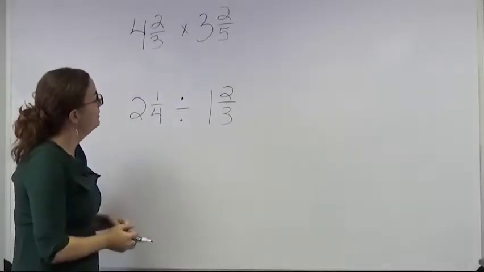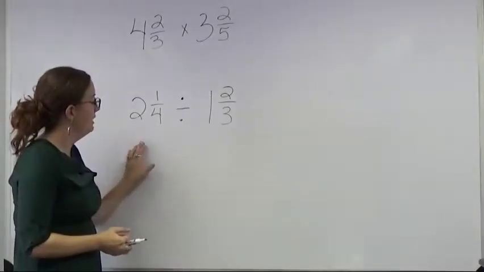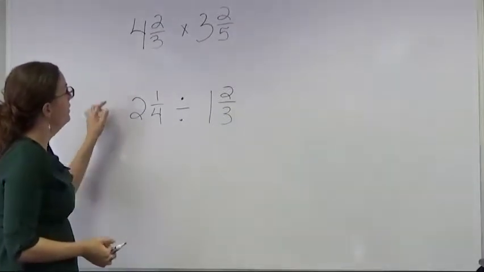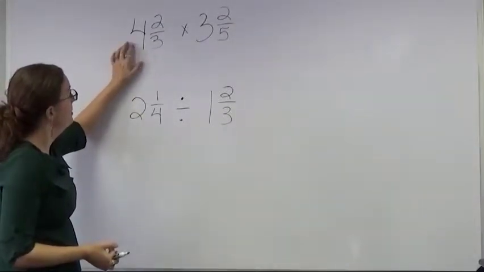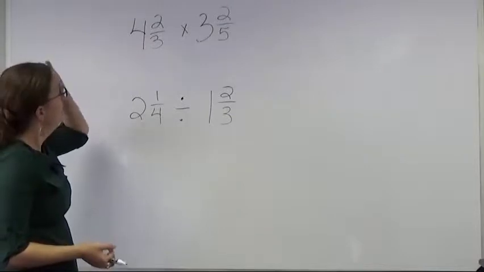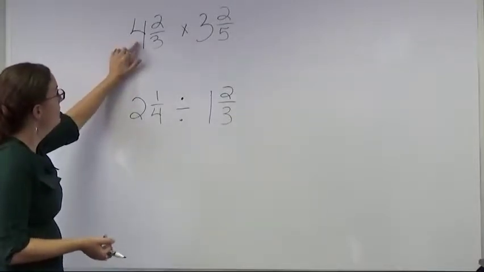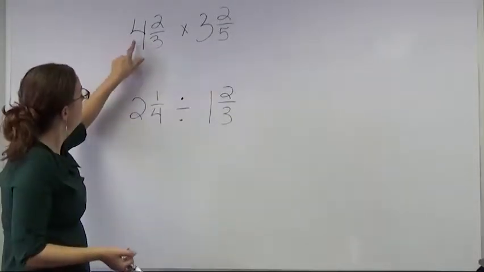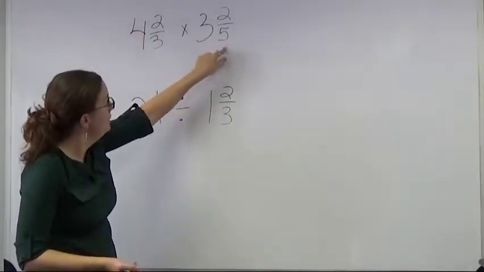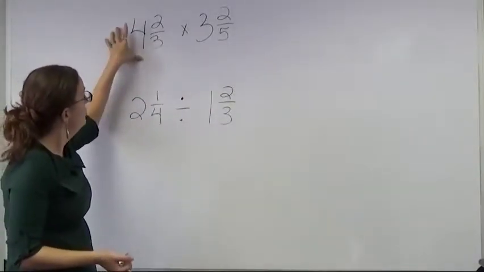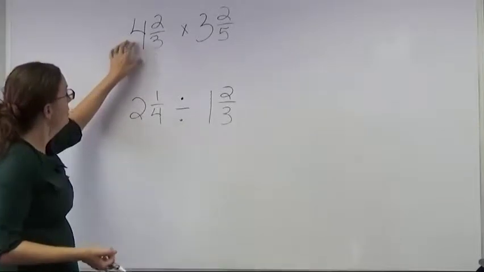Multiplying and dividing with mixed numbers is just like when you have only a fraction. The only difference is that you have to turn the fractions or the mixed numbers into improper fractions. What you're really doing is you're multiplying this whole number times 3, and you're also multiplying this whole number times the fraction. So instead of doing all of the distributive property with each number, you can just combine all of